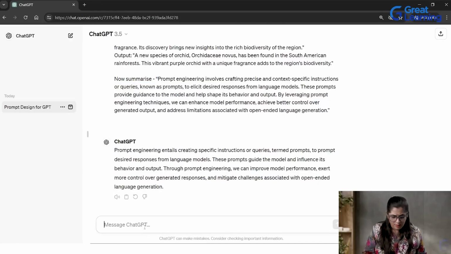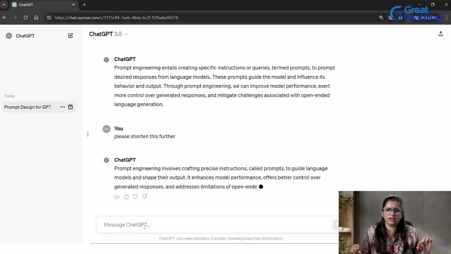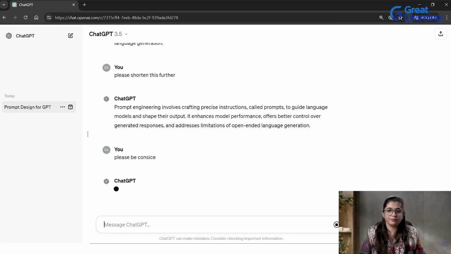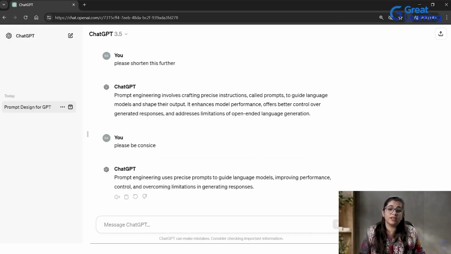Now, if I say, please shorten this further, for example, I don't want this much, I want short and crisp, it still gives me this. Again, I say, please be concise. Now it gives me: prompt engineering uses precise prompts to guide language models, improving performance, control, and overcoming limitations in